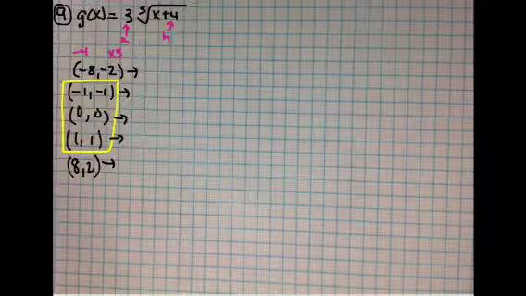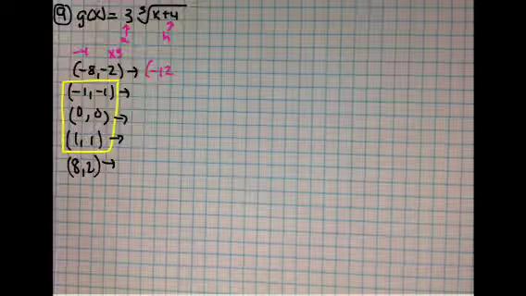Okay, so for number 9, the h value is -4 and the a value is 3. So remember, a affects the y and h affects the x. So I've already put above each one how they're going to change. So above the x coordinates, I put -4, and above the y coordinates, I put 3. Okay, so I'm going to go ahead and transform the points. So I get